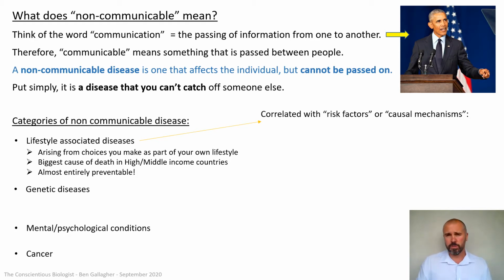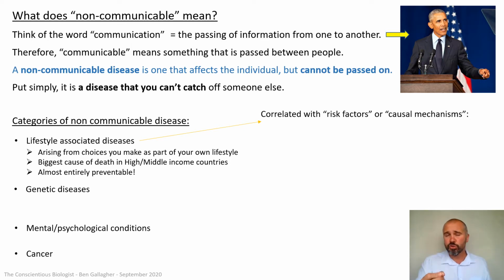What I mean by those, and these are key terms that you need to know, both of those, risk factors and causal mechanisms. A risk factor is just a factor, something that you do that puts you at risk of the disease. Causal mechanism means it's not just a factor that puts you at risk. It means it's something you do that causes the disease. Now, the only real difference between those is how strongly linked they are to the disease. And we're talking there about the first word in this line, the correlated.